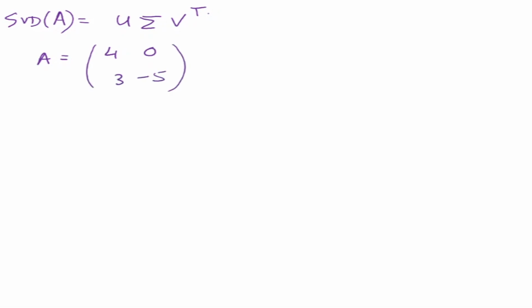So let's say we have a matrix A. I want to find SVD of A, which is given by U sigma VT. Let me take a numerical example. A is equal to, let's say, 4, 0, 3 and minus 5. This is my matrix A. I can take the transpose of that, which is equal to 4, 3, 0 and minus 5. I've taken it for simplicity, it's 2 by 2 and it's a square matrix. It can be any matrix, non-square or square.